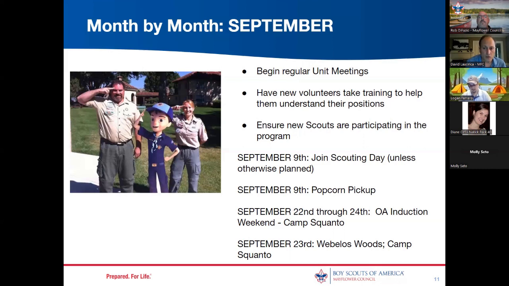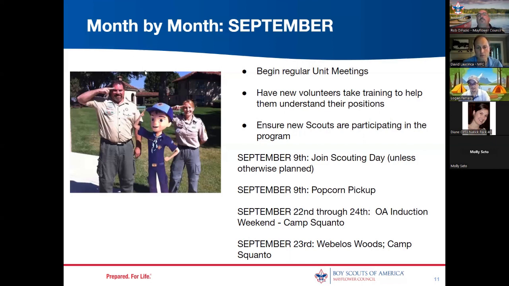And especially if you're doing the popcorn fundraising, you're jumping right into it at this point. Not only are you starting your meetings, not only are you jumping into a pack meeting, but you're jumping right into the popcorn sales. And you want to make sure that it's not all about popcorn. It's a lot about welcoming new families, so that you don't have those new families coming in and saying, okay, welcome to our pack, now go sell some popcorn to raise us some money. So you kind of ease them into that and make sure you have a fun first pack meeting.